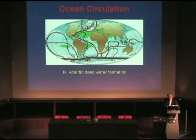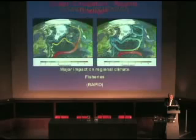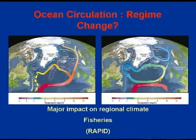We don't know if this can happen in warm periods, the interglacial that we're in now, but clearly there's a concern if we've got increased melting, changes in the behavior of Arctic sea ice, that this may happen. And NERC has responded to this with its RAPID program, where, both through measurements and also comparison with models,